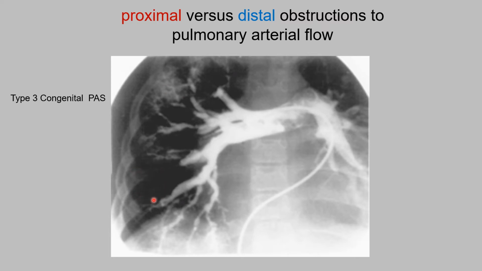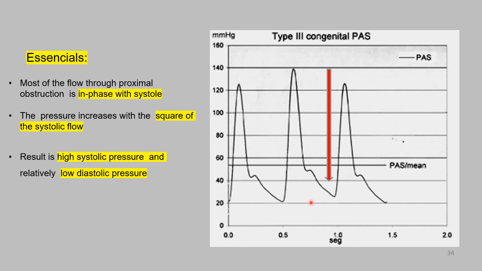The capillary phase is not here yet, and so you have a different perfusion of the lung according to the severity of the stenosis. And this is his blood pressure. You can see the systolic being very high and the diastolic being very low. The systolic pressure is 140, and the diastolic pressure is in the realm of 20 or 25